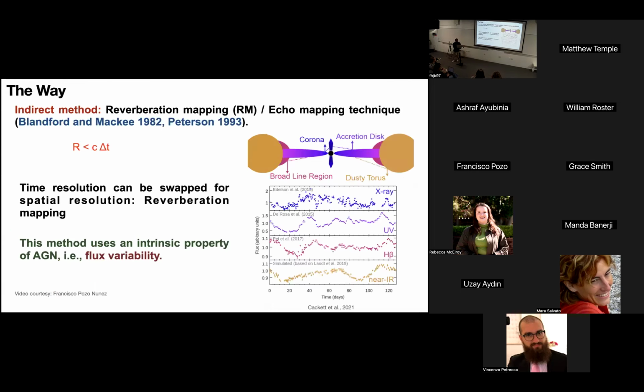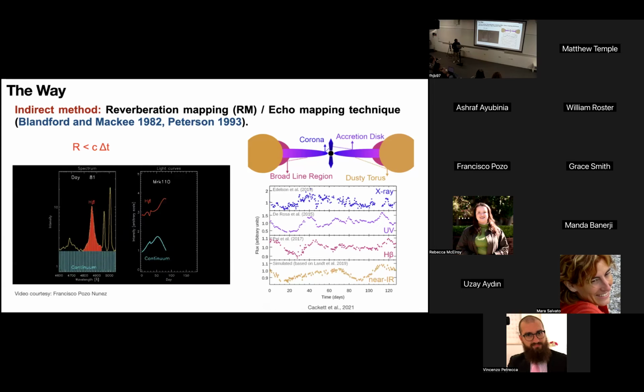If there are difficulties with direct imaging, there is an indirect way to probe these regions, known as reverberation mapping or echo mapping, where time resolution can be swapped for spatial resolution. Reverberation mapping uses an intrinsic property of AGN, the flux variability. Emissions at different wavelengths come from different parts of the AGN. The UV continuum comes from the accretion disk, whereas the H beta emission line comes from the broad emission line region. So the variations in the UV continuum will be reflected in the variations in the H beta line light curves,